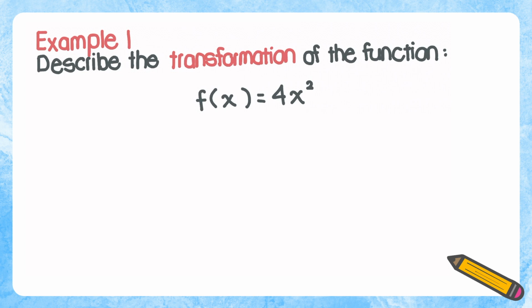So what is our a value? The general form is f of x equals a times x squared. And we have an exact match where a is replaced by 4. So a equals 4,